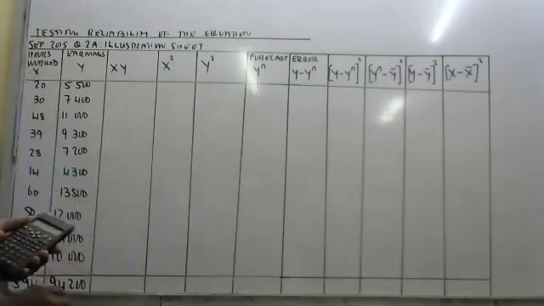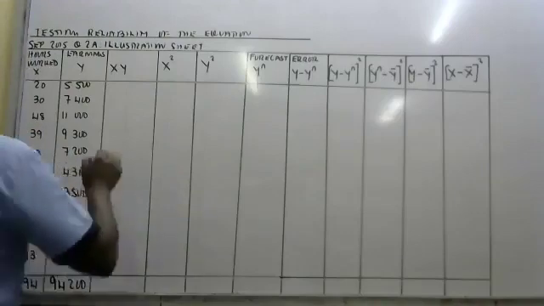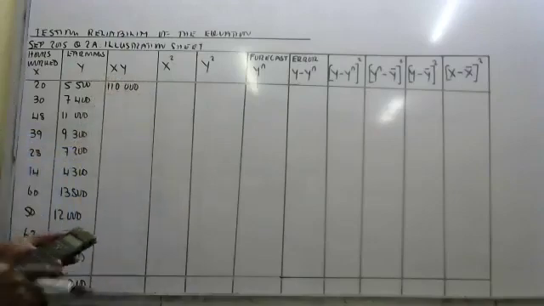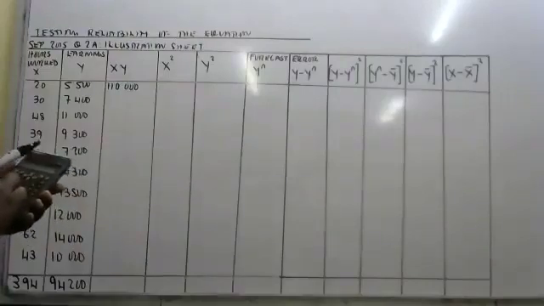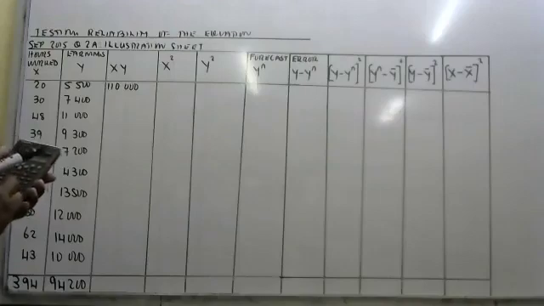Then for the XY, I told you it is 20 times 5,500. That will be 110,000. And I've told you you don't have to write everything, so you can now proceed and say plus 30 times 7,400 plus 48 times 11,000 plus 39 times 9300 plus 28 times 7200, first you can say equals